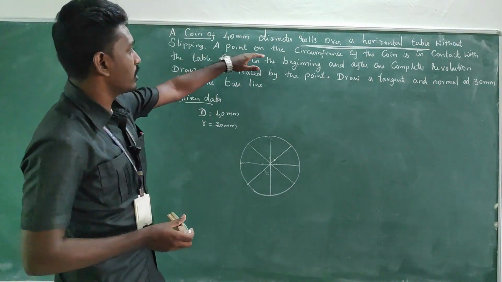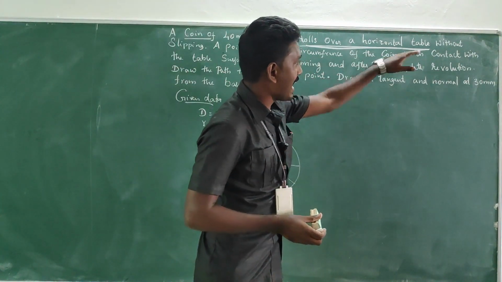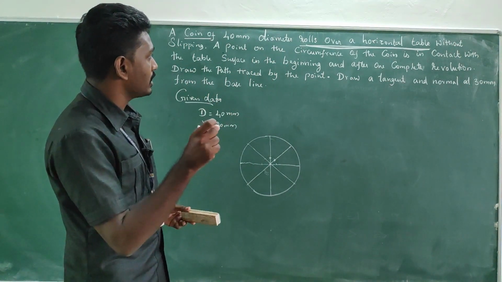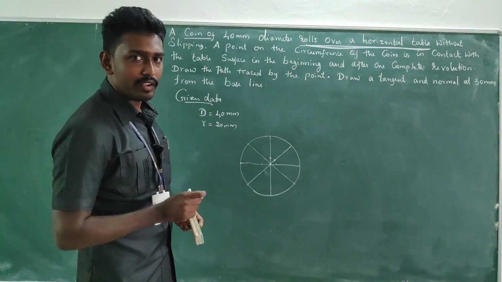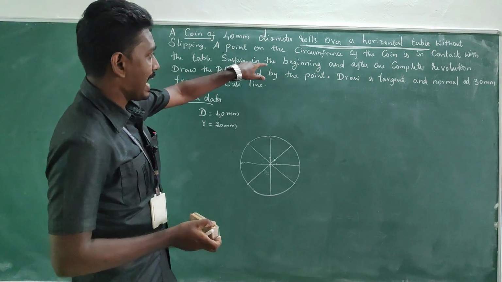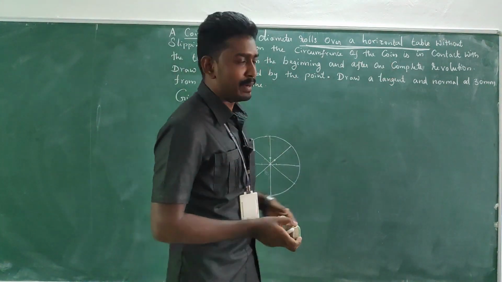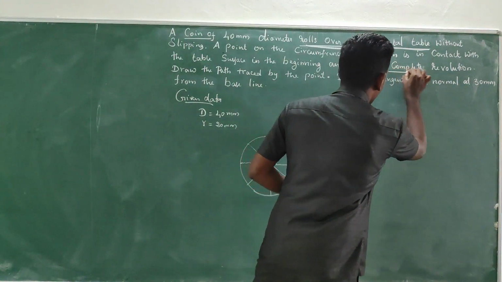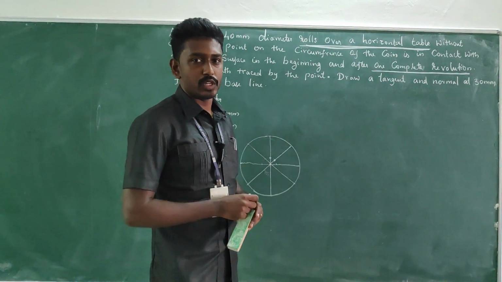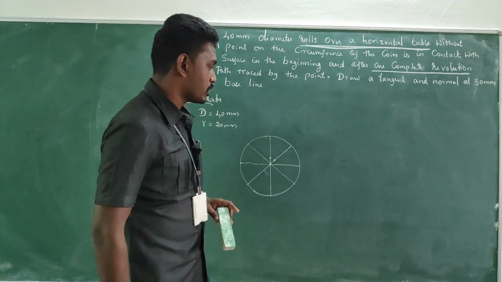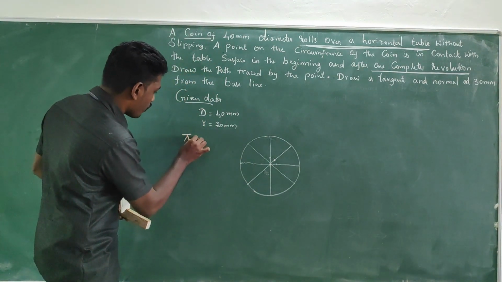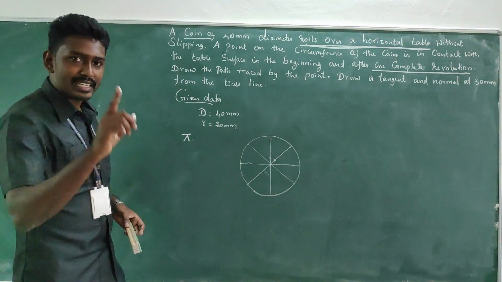Here it is given that a point on the circumference of the coin is initially in contact with the table surface in the beginning, and after one complete revolution. That is notable. We are going to draw the cycloid for one complete revolution, one turn. For one turn we are going to construct. In the introduction part itself I told you, for one complete revolution,